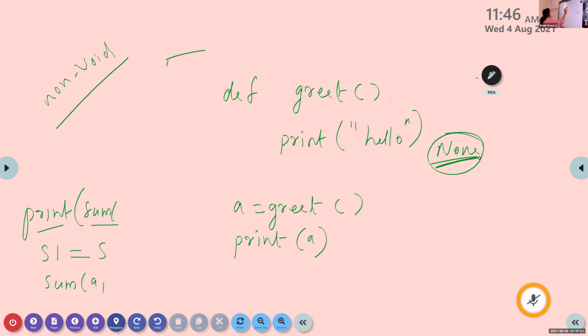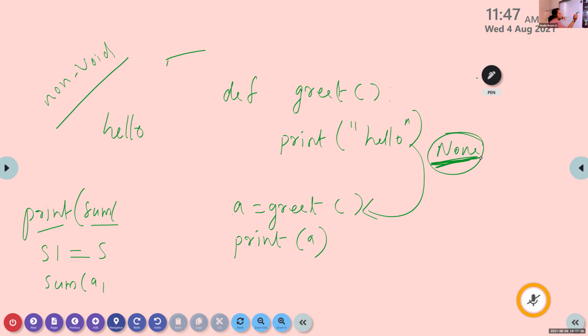Okay, so when we execute the statement print hello, this hello is printed. Then after that, the control moves to this statement. Along with this control flow, this value None is passed to this A. In the case of a void function, after printing this hello statement, going to the function call statement, one value is also passed to this function call statement.